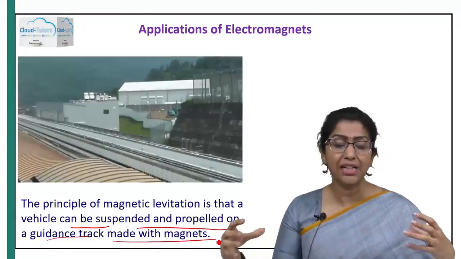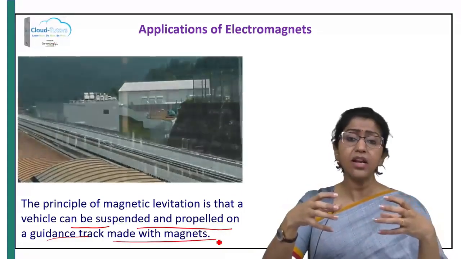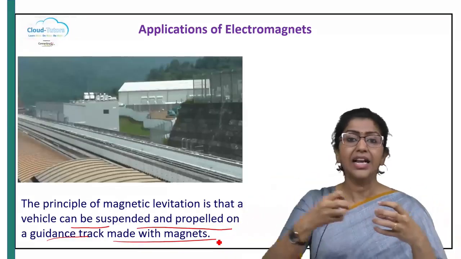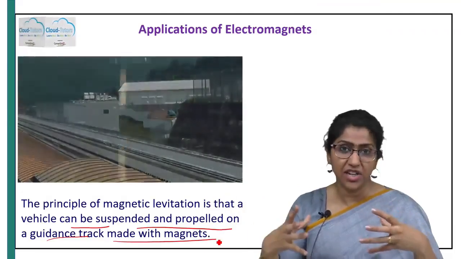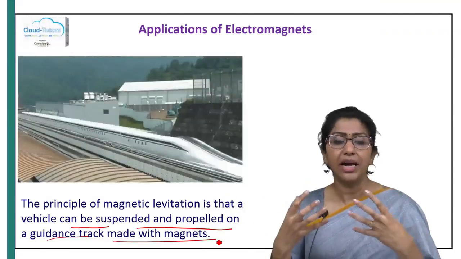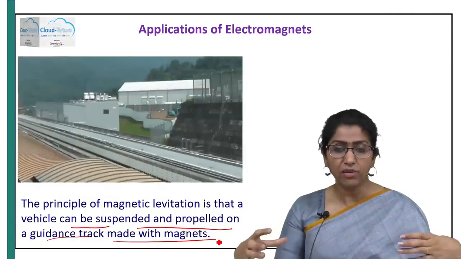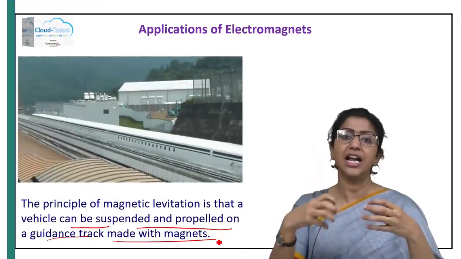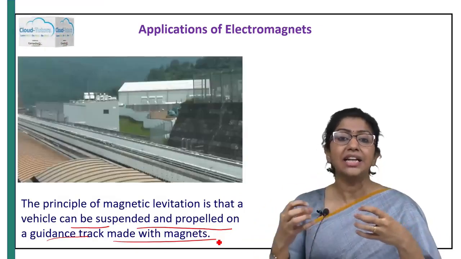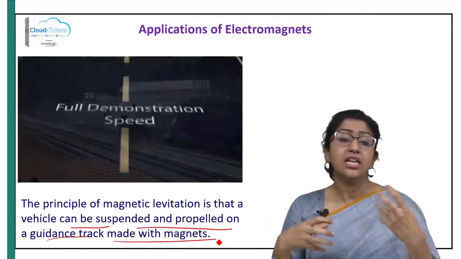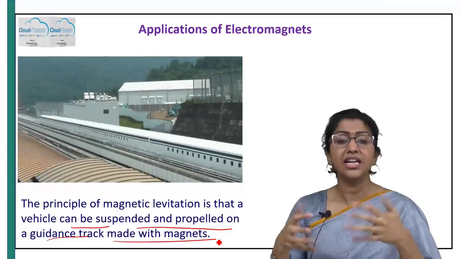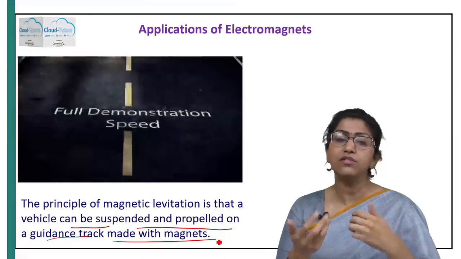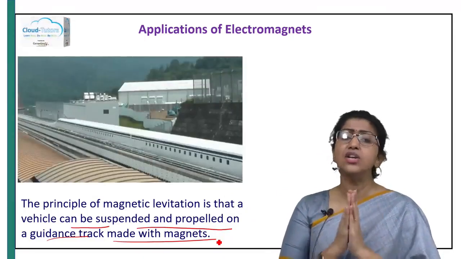Now, what do these magnets do? They basically lift and propel the magnetic levitation trains, or these vehicles, and they are pulling or pushing the train. Because there is a strong electromagnet acting around these tracks, it is basically lifting the train. That is one application. Another is that these magnetic levitation trains are run or stopped using another set of electromagnets, based on the magnetic force of attraction or repulsion. So this is a huge application.